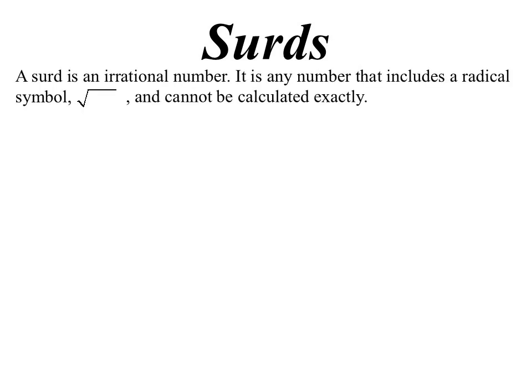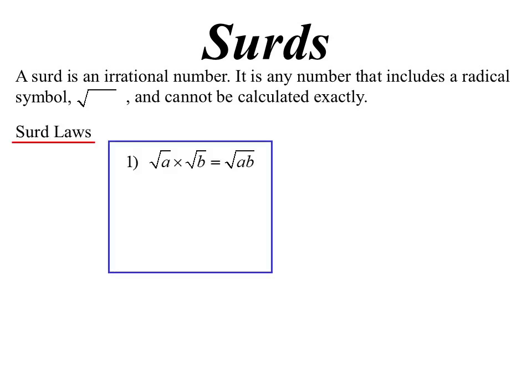Surds are irrational numbers. They are any number that includes the radical symbol and cannot be calculated exactly. So for instance, the square root of 4 is not a surd because we can simplify that. It's 2. Our surd laws allow us to multiply, but probably more importantly, going backwards allows us to simplify